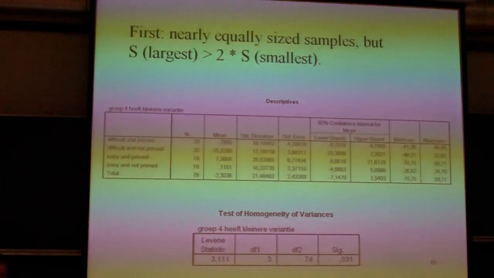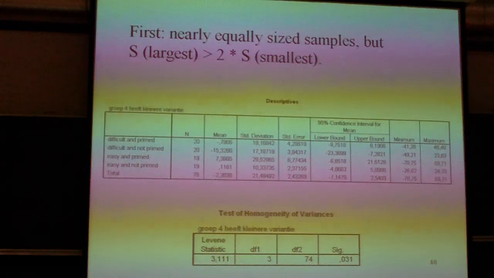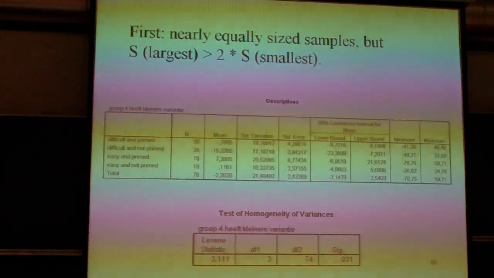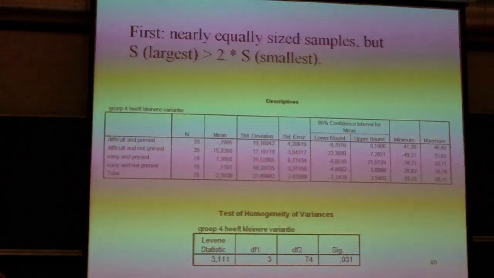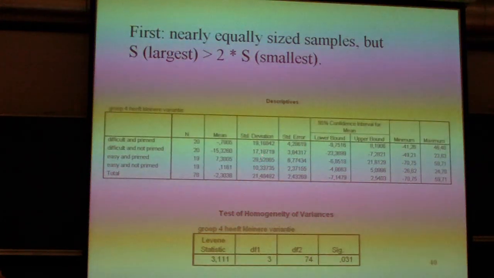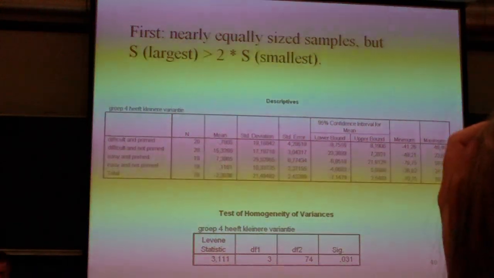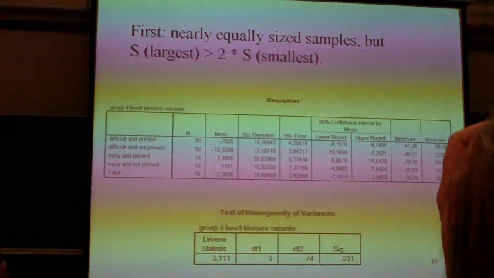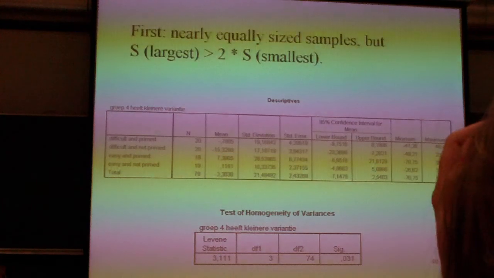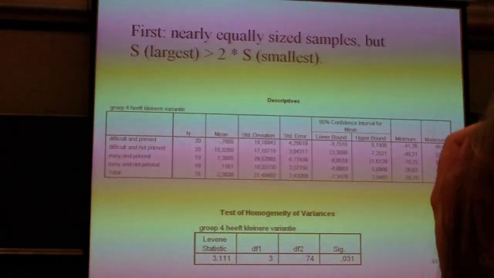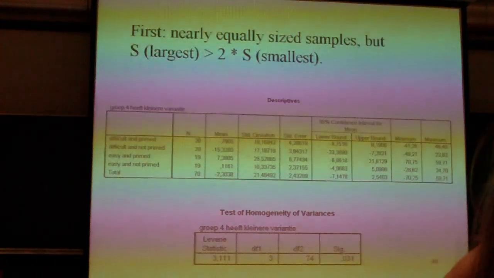First, here we have nearly equally sized samples, but the largest standard deviation in the sample is larger than twice the smallest. I have now a pointer. So here we have the smallest standard deviation, which is 10, and the largest is 29. So obviously there's quite a big difference between the various standard deviations. But the samples are nearly equal, 20 or 19. Now, the homogeneity test in this case indicates a significant violation of the homogeneity assumption, and